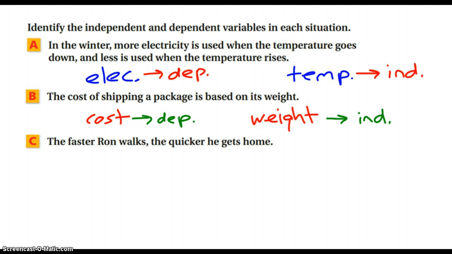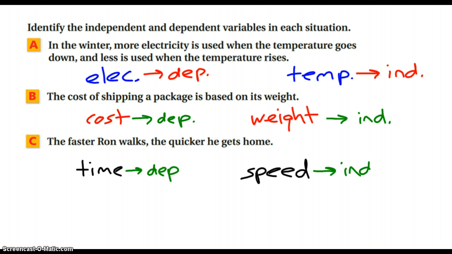Alright, and the last one here. The faster Ron walks, the quicker he gets home. So we have two different variables here. Time and speed. So, the time that it takes for Ron to get home will depend on how fast he walks. So the time depends on how fast he walks. And there you go. That's how you look at independent and